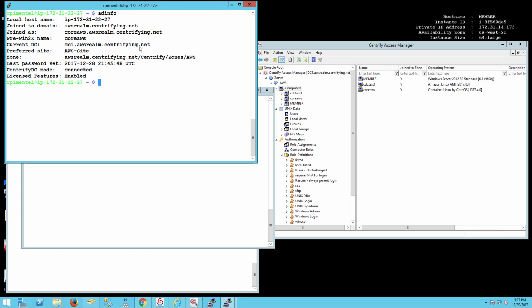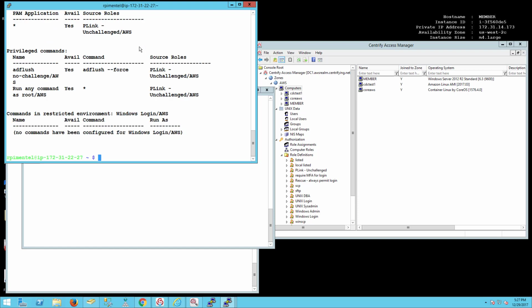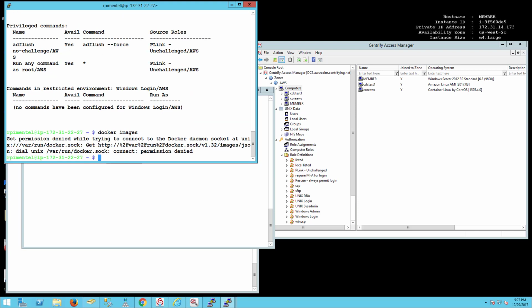So one of the things that we can do is we can use direct authorize to be able to define a privileged role. For example, here this user has the ability to run any command as root, right? So normally he may not be able to do something like Docker images. I'm just using simple commands because he doesn't have access to the socket.